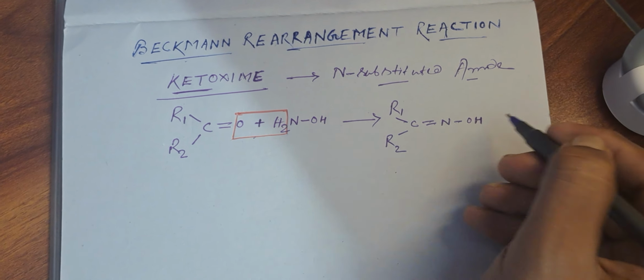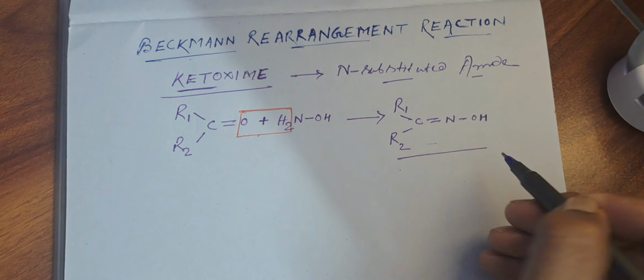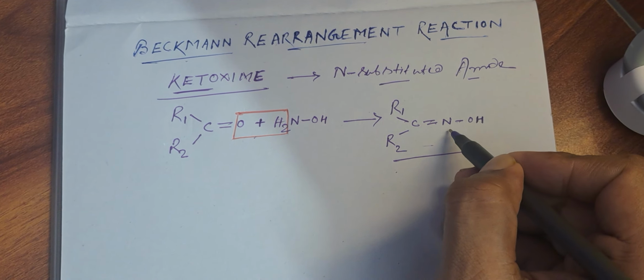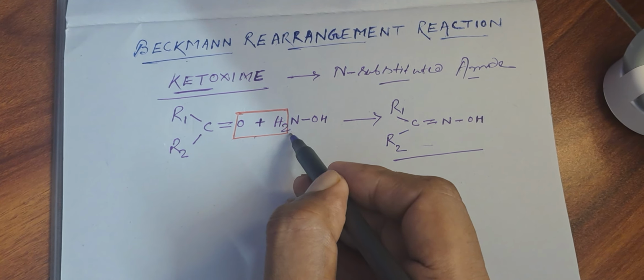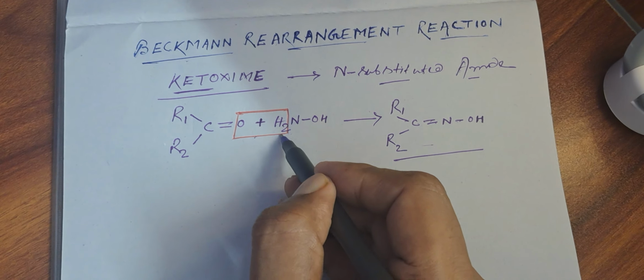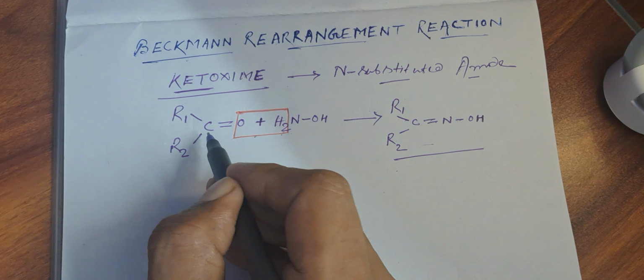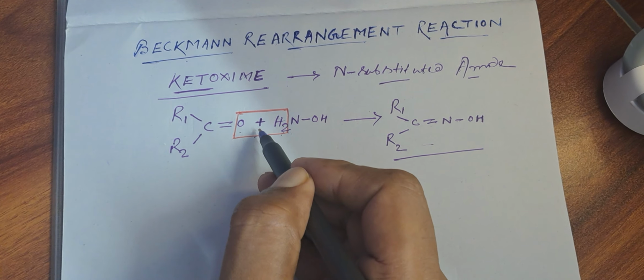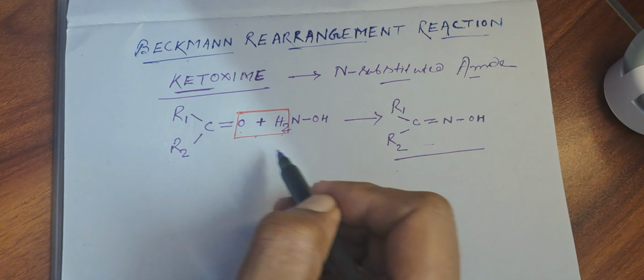So this is nothing but your ketoxime. The hydroxyl is still attached to the nitrogen. Only thing is that earlier the nitrogen was also linked to two hydrogens. These two hydrogens, together with the oxygen from the keto, were united and left the reaction